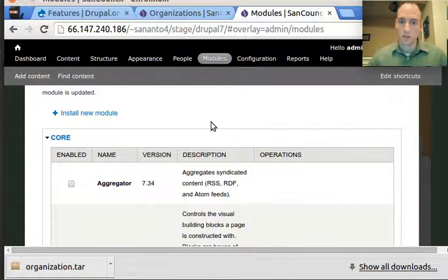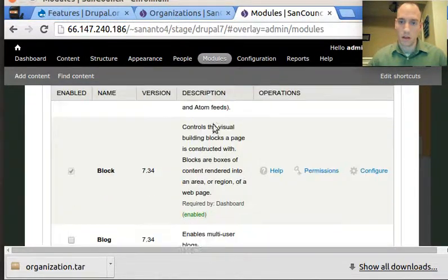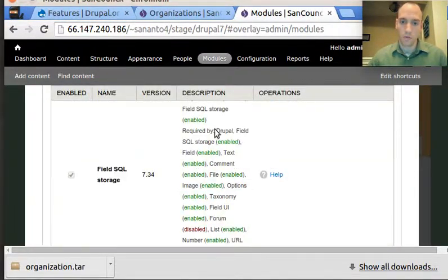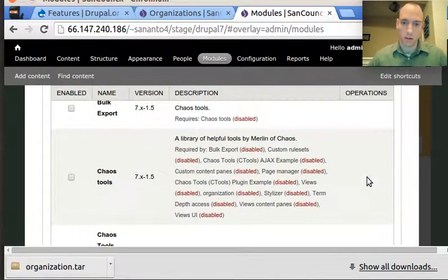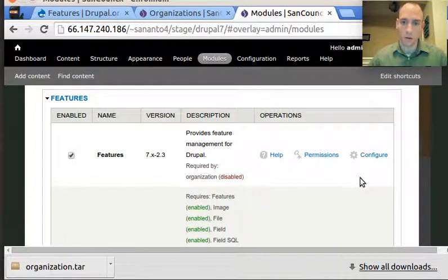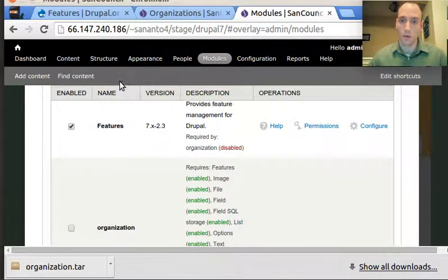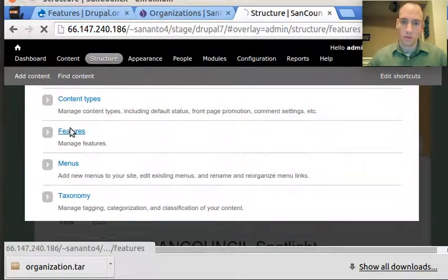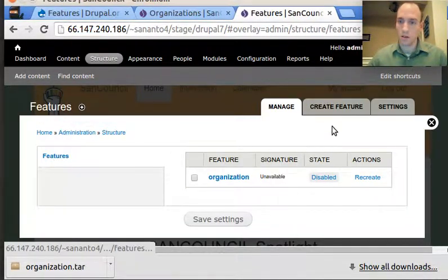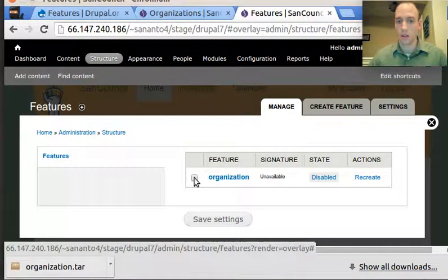Alright, so now that's been saved, and our features should be enabled. So given that is working, we can now go over to our structure and to the features module itself, and there we have it. The organization feature is here,